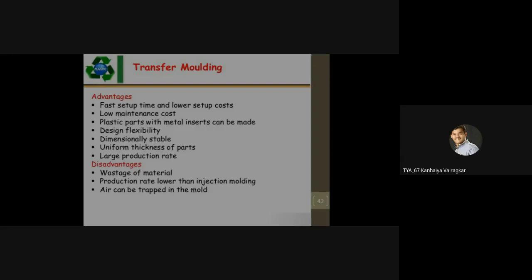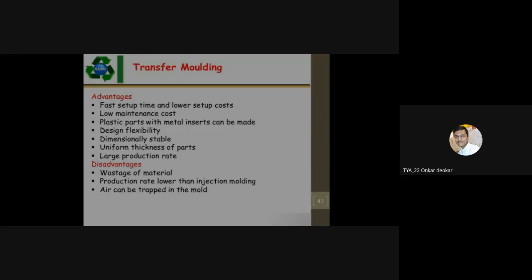What is happening in compression molding? When we are applying pressure on the raw material, you cannot ensure that an equal amount of pressure is applicable at each and every point. So we cannot ensure that the material which is in close contact with the plunger surface or the ram surface will feel a high pressure, and the material or points which are far away from the plunger will feel a low pressure. That doesn't happen mostly in the case of transfer molding.